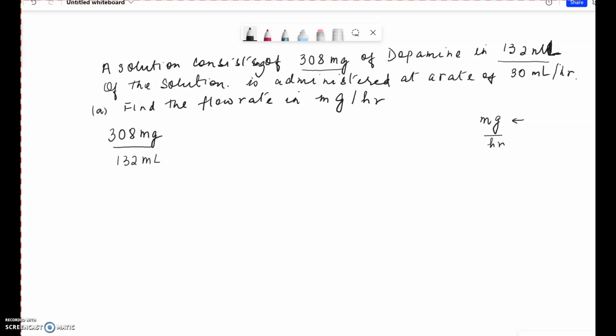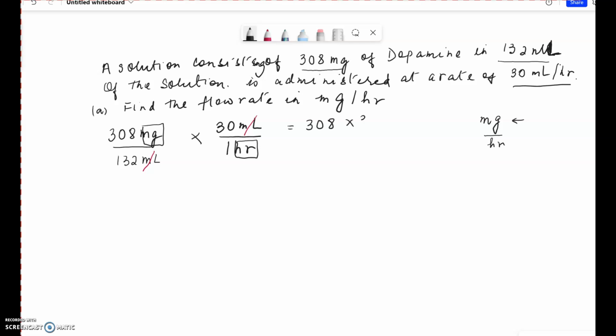And the rate at which this solution is being administered is 30 milliliters per 1 hour. 30 milliliters per hour is the same as 30 milliliters divided by 1 hour. Now we want hours to be in the denominator and milligrams to be in the numerator, so we don't have to flip any fractions here. We just multiply the two, so that way we can cancel the milliliters